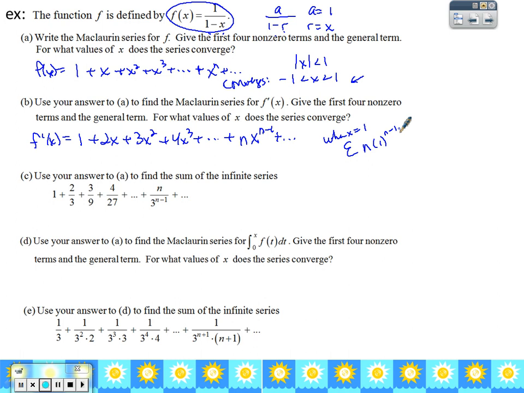Okay, does this one alternate? No. So we can't use that test. What about nth term test? Can we use that one? Goes to infinity, so we can use the nth term test. So since this goes to infinity, does it diverge or converge? It diverges. So this diverges by the nth term